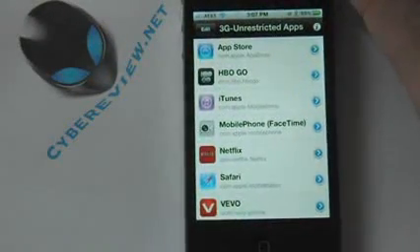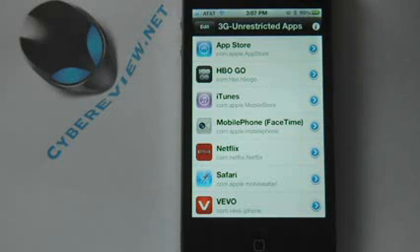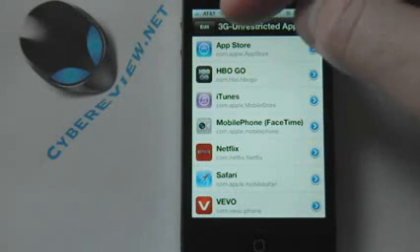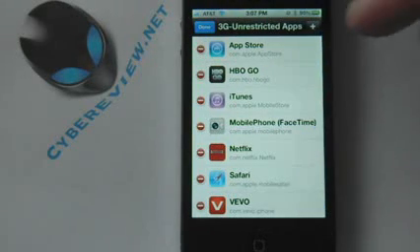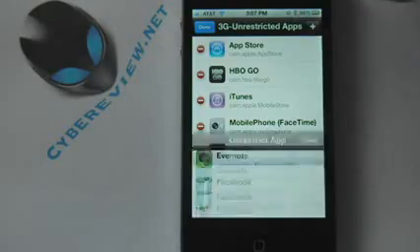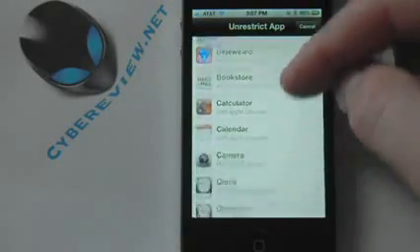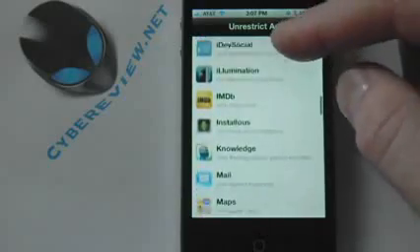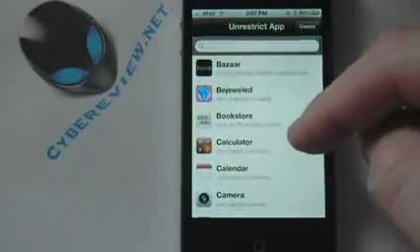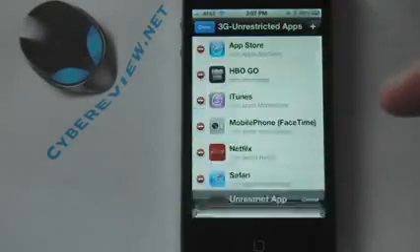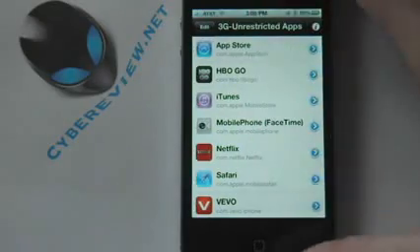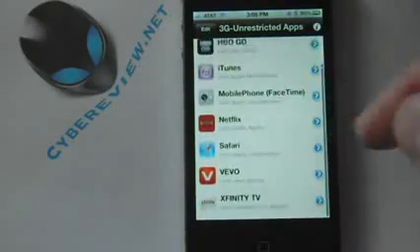So here's what it'll look like when you open it up. Now what you have to do is add the apps that you want to enable with 3G Unrestrictor. So in order to do that, you hit Edit, and you hit this plus sign up here. And then you can add whatever app you would like. You can either search for it up top, or you can just scroll down until you find it on here. And once you have found what you wanted, click on it, and that'll add it to your list of apps that you've enabled.